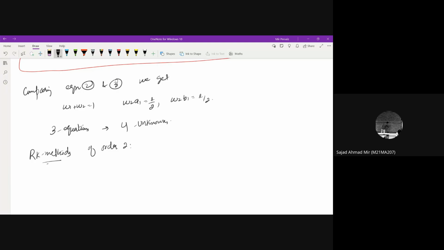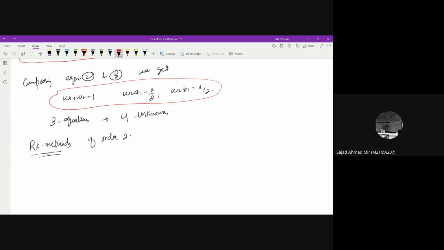When I say RK methods, it means there is not a single solution for this system of equations. This system of equations can have infinitely many solutions. You tune one of the parameters, you obtain the values for the other parameters. Let's say we fix one of the variables, then we will get three equations and three unknowns, and you will get different kinds of